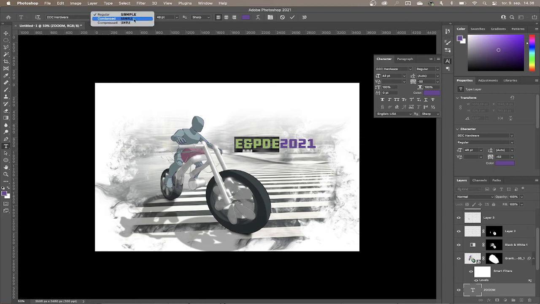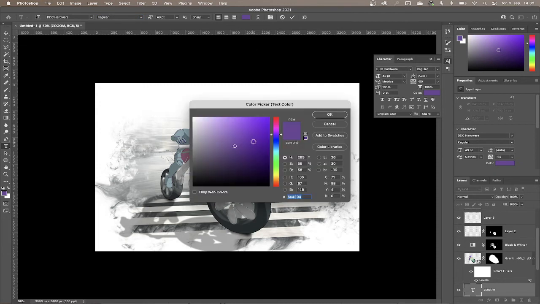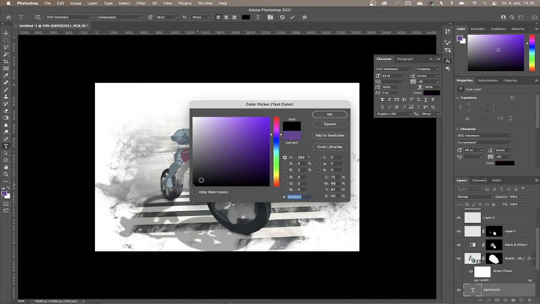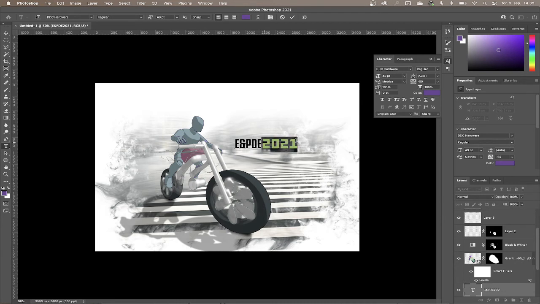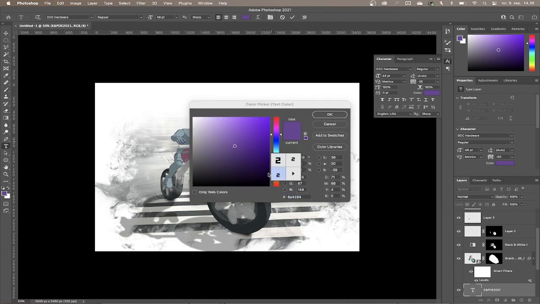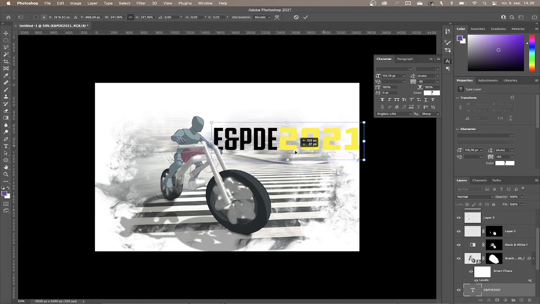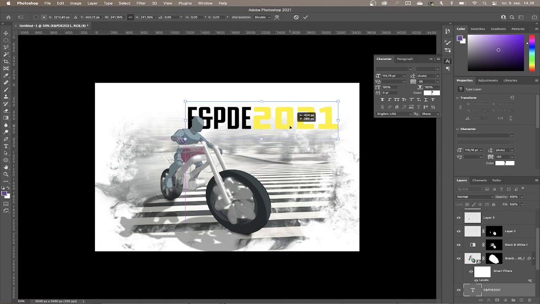This one we're going to make into this one, and this one we're going to make into, okay, so this part is going to be black, this part is going to be, let's call it a yellow, like this. And now, of course, the only thing that we're kind of missing from this one is perhaps